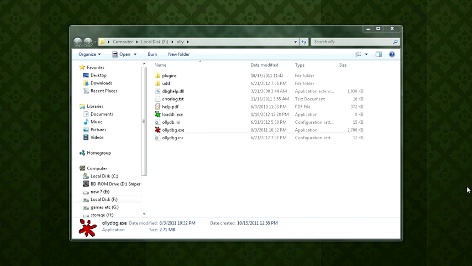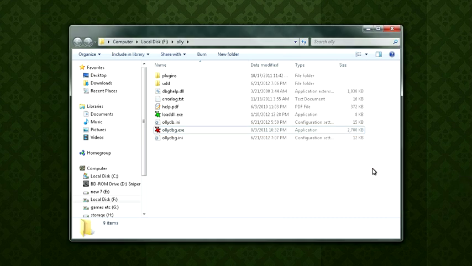A lot of people have been asking for really basic tutorials from the beginning and slow enough for people to understand them, which is completely understandable. So today it's a video about Ollie, just Ollie, and what it is, what it does. Ollie is a debugger slash disassembler. It disassembles and debugs in real time.